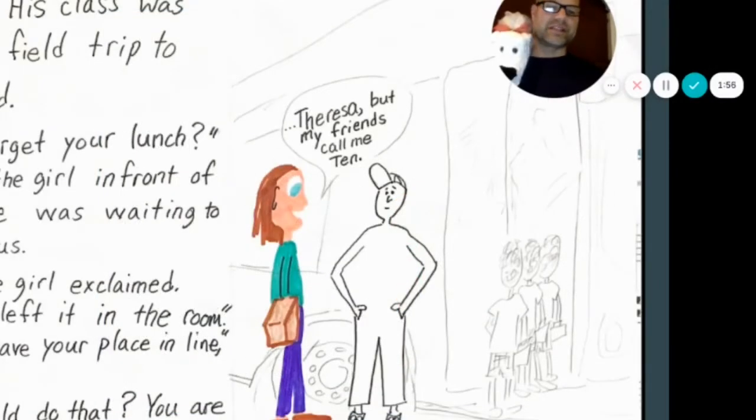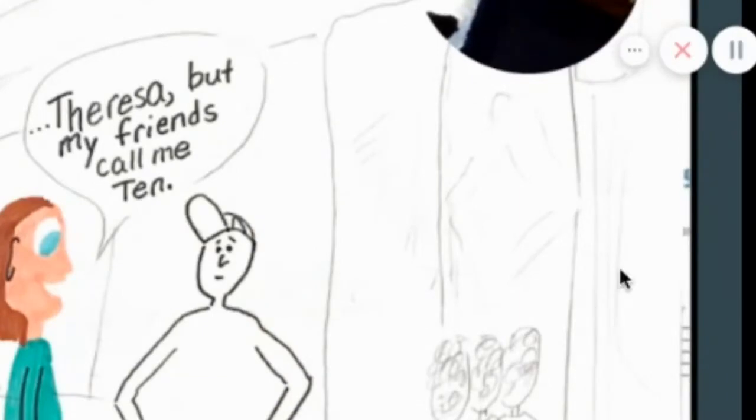Notice you have this girl standing up straight, and you have Nero with his hands in his pocket. And what number do you see reflected on the door of the bus?